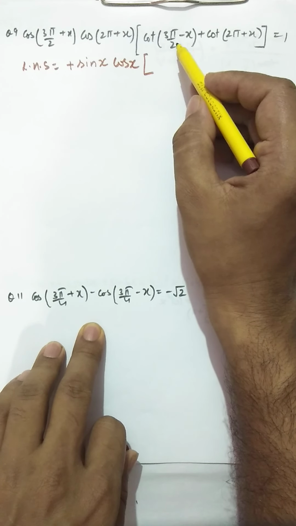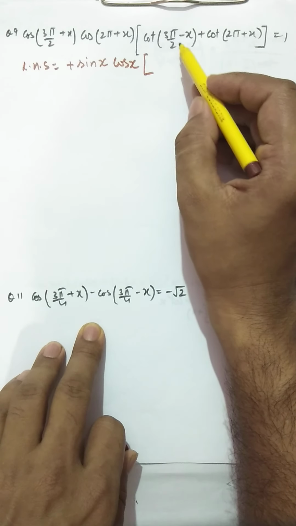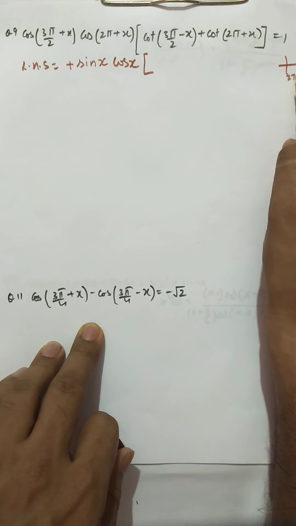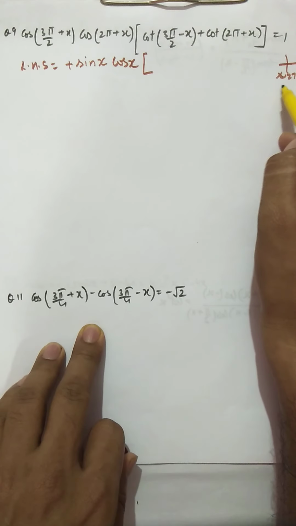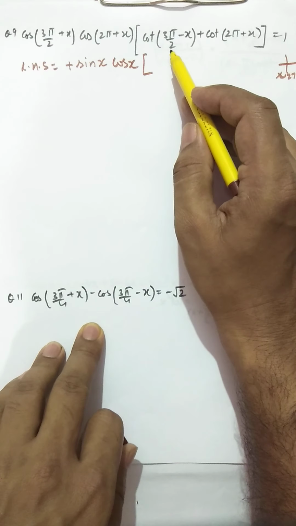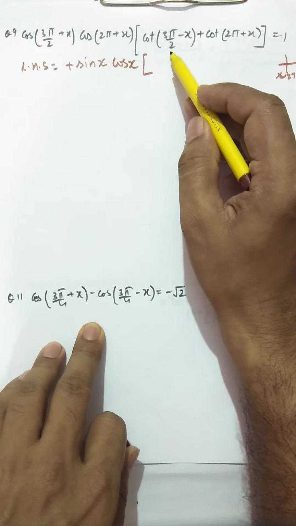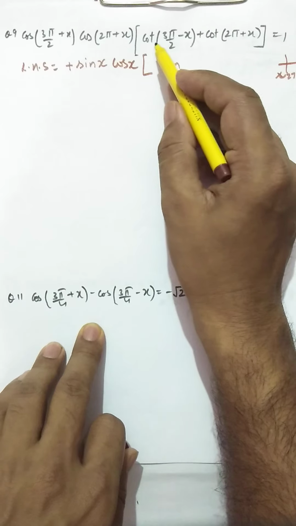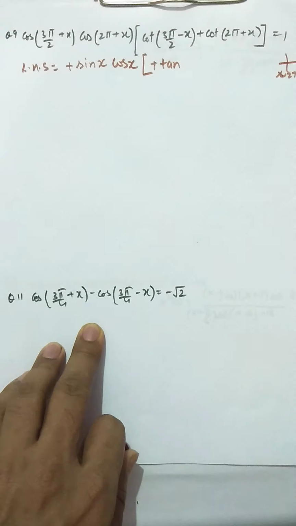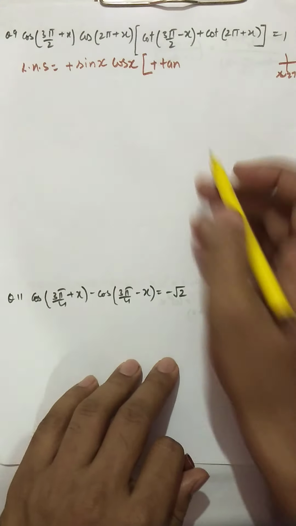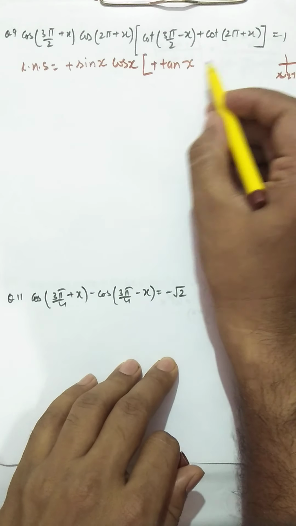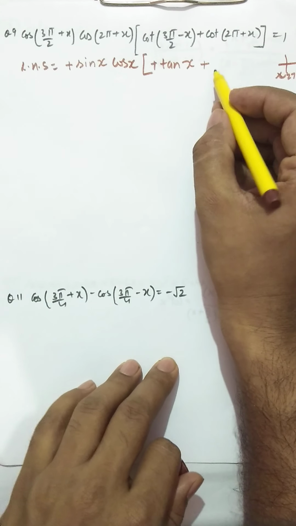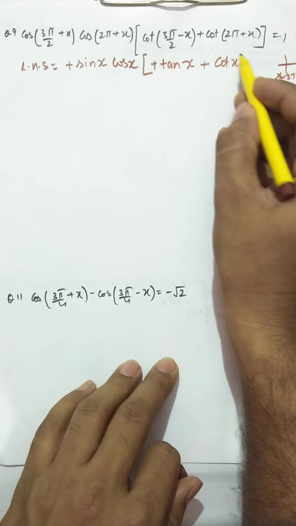Now come to this bracket, this is cot 3 pi by 2 minus x. Now cot 3 pi by 2 means 270 minus x. Where are you reaching now? 270, you can see here 270 is this, and minus this you are reaching in third quadrant. So in third quadrant the function has to be changed because the base angle is 270. So cot will change to tan, and cot is positive in third quadrant, so you will put a positive sign. So this is going to be tan x, and cot 2 pi plus x, which is again in first quadrant, so cot will not change, so this is now cot x.